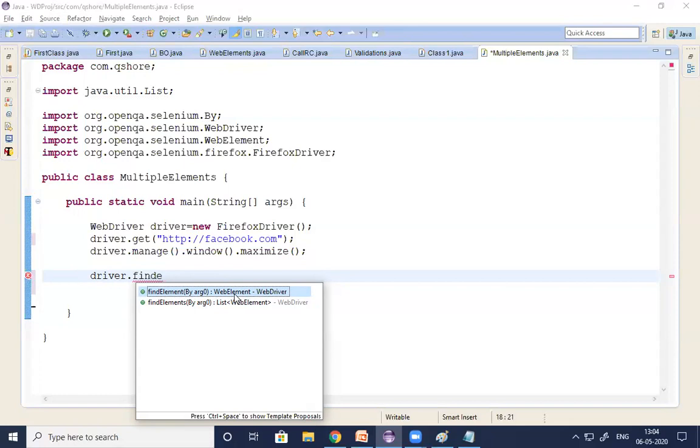It returns only one element. Understand? But what is find elements, Kishore? The find elements method we are using to identify a group of elements, multiple elements, based on the common locator. If you are using find elements method, it returns multiple elements. These multiple elements we cannot accommodate into one WebElement. That's why we are using List of WebElement. It's a collection of web elements.